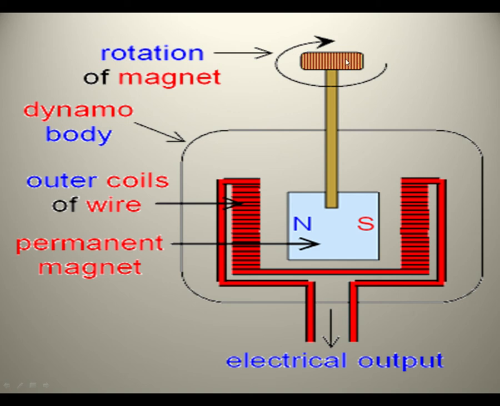When we pedal, the bicycle wheel will rotate, and it will rotate the magnet also. And by this rotation of the magnet, as we have learned previously, with the help of magnet and coil movement, the deflection was shown by the needle on the galvanometer. In the same way, in the bicycle dynamo, the faster the bicycle wheel rotates, the faster the rotation of the magnet will take place and the electricity will be produced.